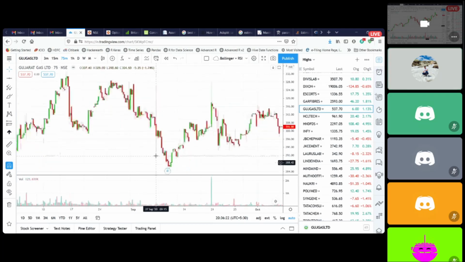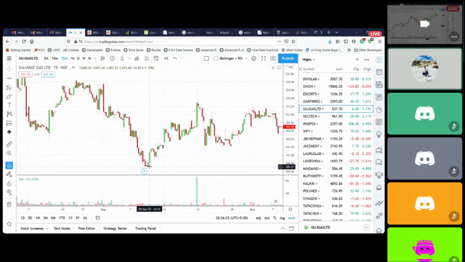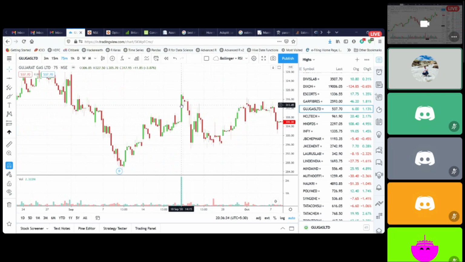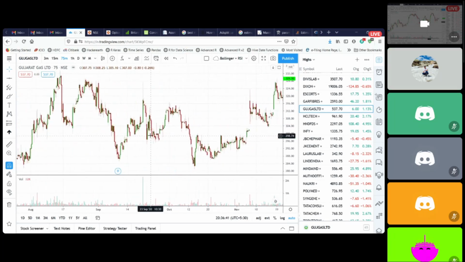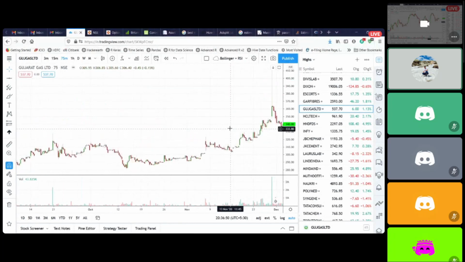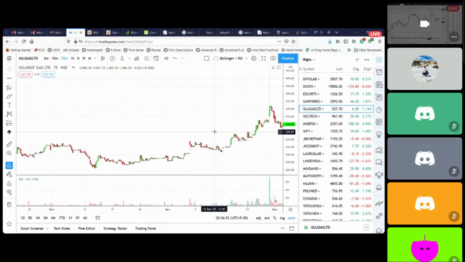Again, same thing happened. It came till these regions at the 280 support levels. Again, the green candles came, went long here and had a booking of these regions only. So this was a huge wick. It booked out in this wick itself at the top, 327 regions. So this trade booked out here. Again, it came down to 280 regions only support, gave a big green candle at the support, went long again here, and set the same booking targets at 326, 325 region. And it booked out here.